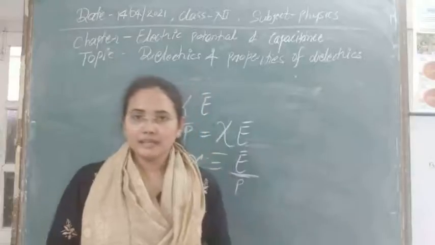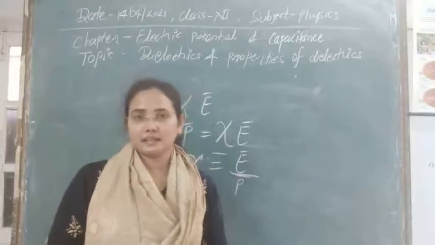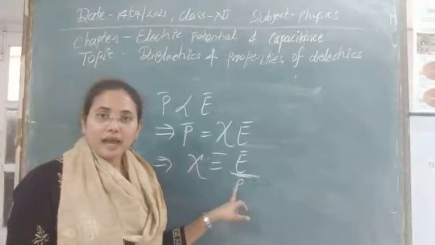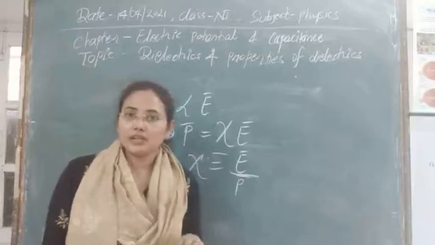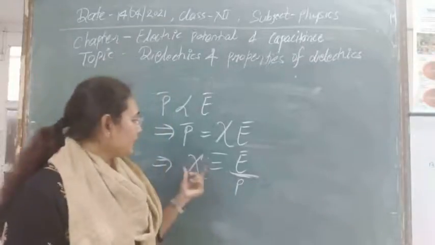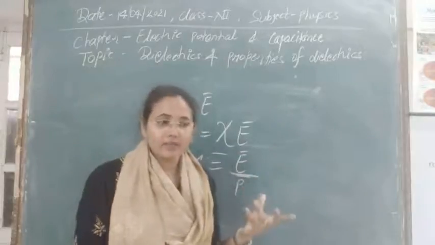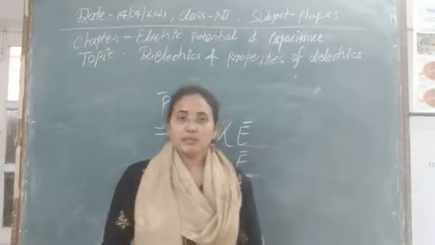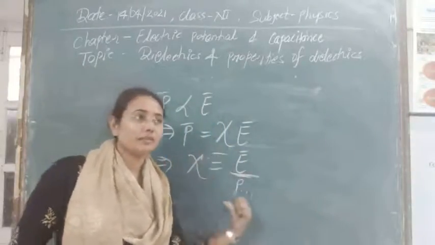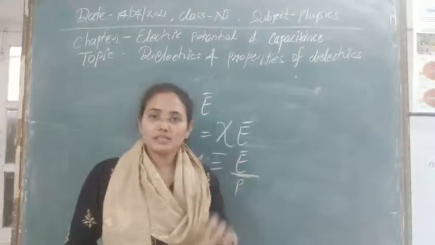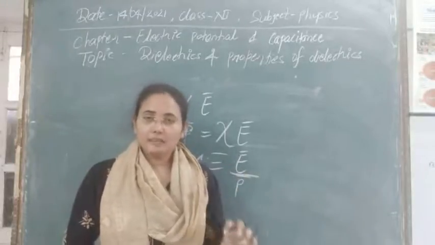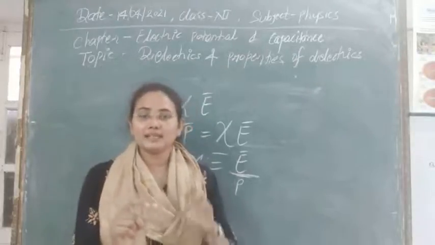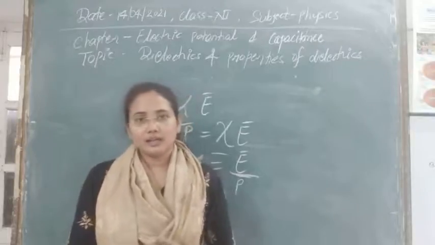Suppose we have a dielectric material and we want to polarize it by some value. We can put that value here, and if we know that particular dielectric's susceptibility, then we can easily calculate how much electric field we need to produce that polarization. So by this whole discussion, susceptibility gives us knowledge about the polarization of any material. If we know the susceptibility, we can easily apply the exact electric field to polarize that particular dielectric material.